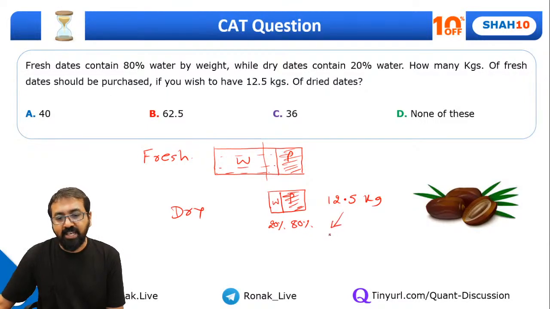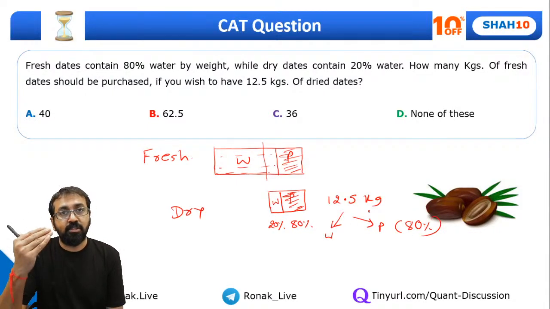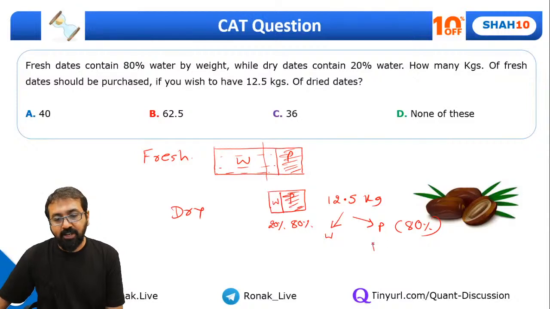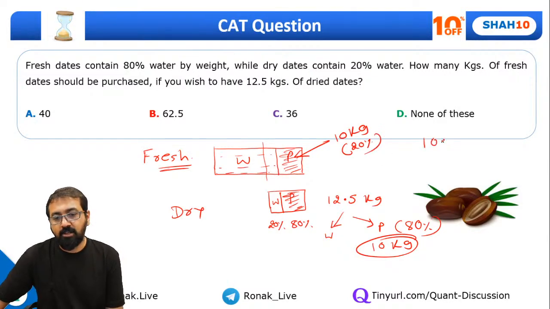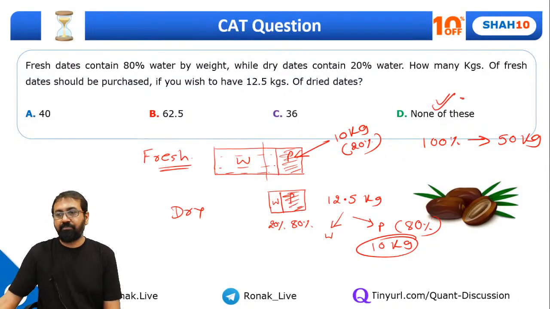So in this 12.5 kg, what is water and what is pulp? Can I say pulp is 80%? So what is 80% of 12.5? 80% means 4/5. So what is 4/5 of 12.5? It will come out to be 10 kg. So actually in our fresh dates also, this pulp part was 10 kg, which was 20% of the total weight. So what will be 100% of fresh dates? 50 kg. So that's how we got the answer. Are you clear,